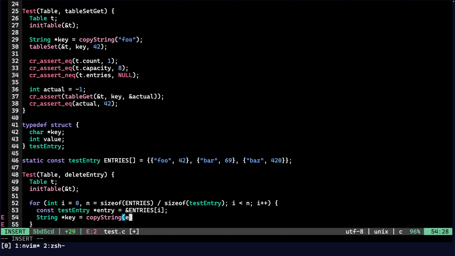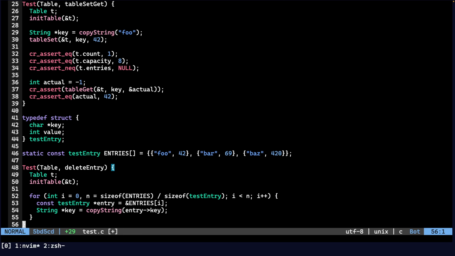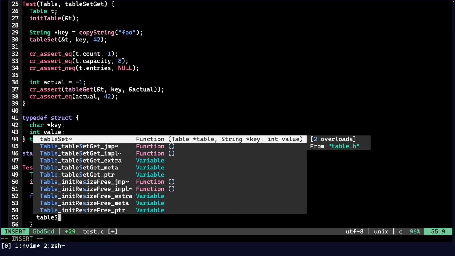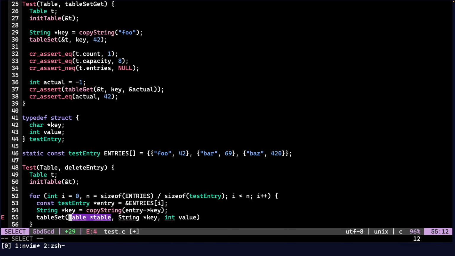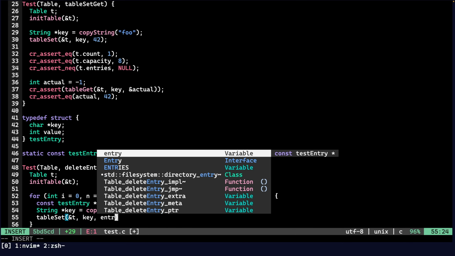So we copy the key from the entry string. We copy the string from the entry, and then we run table set, table key and the entry's value,